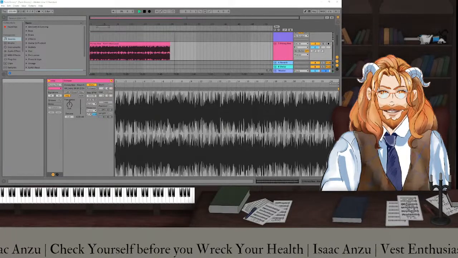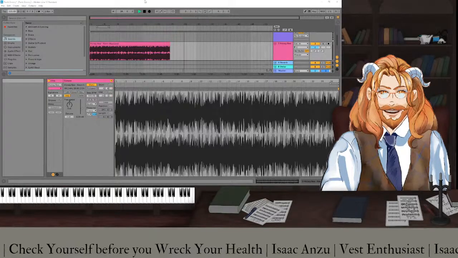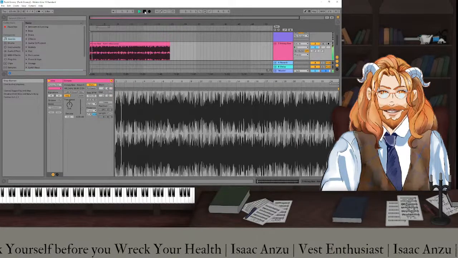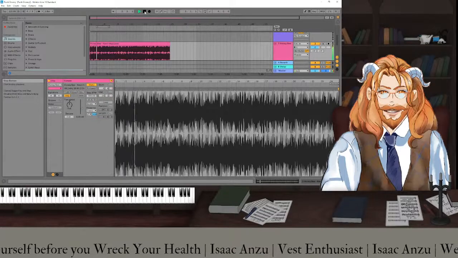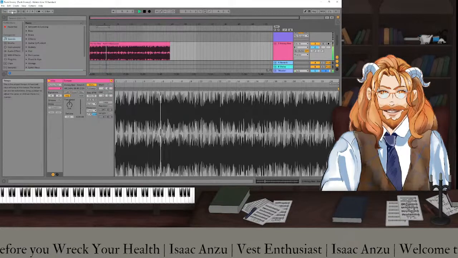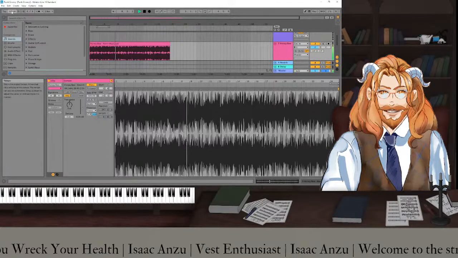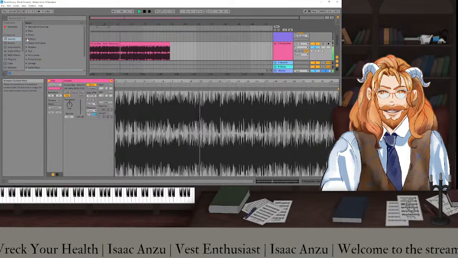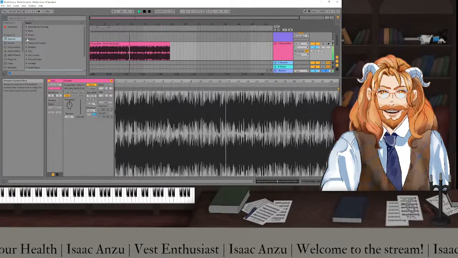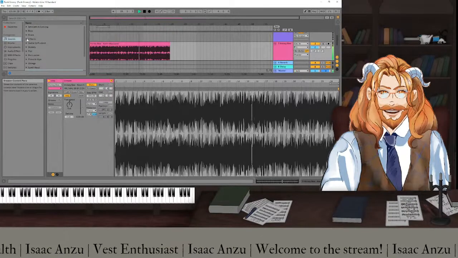I like it. So let's save that. The interesting thing I'm thinking is by reversing it, we've kind of destroyed the drum groove. It almost becomes more like a shaker.